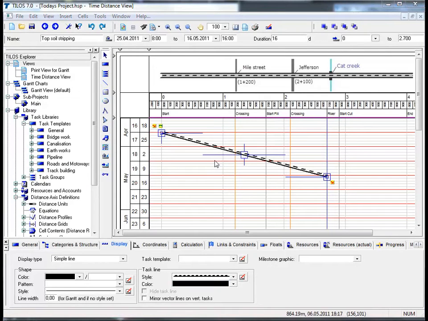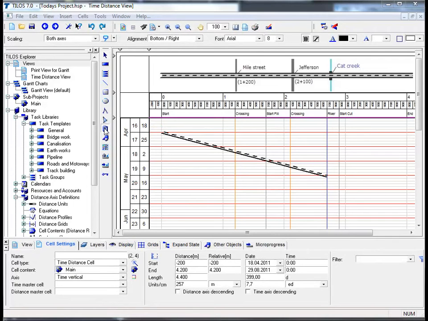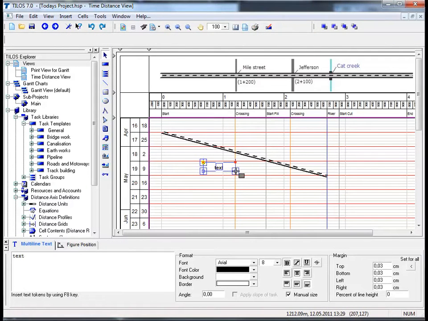Now that we have added a task and customized its appearance, let's now add a task annotation. There are two ways basically of doing this. The first way is by using the Insert Object toolbar, by clicking on the icon Insert Multi-Line Text Fields and drawing a small rectangle anywhere in the main working area. By clicking on the Multi-Line Text View tab in the Details toolbar at the bottom of your screen, you